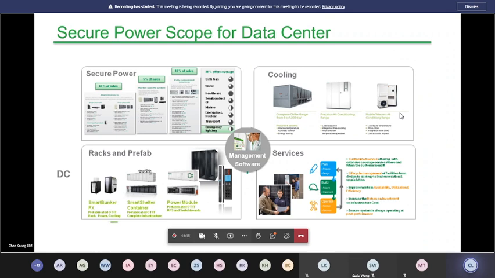Last but not least is the services. How do we provide the maintenance to keep the data centers running? So if you look throughout the entire company, we do have a complete solution available just for data centers. Again, as I mentioned, I'm not able to go into great detail of how to design this and what are the things we need to look at. This is just to give you a glimpse. If you are interested in any one of these areas, do let us know. We'll be more than happy to go into all the different areas, whether it's power, BMS, security, or even data center.